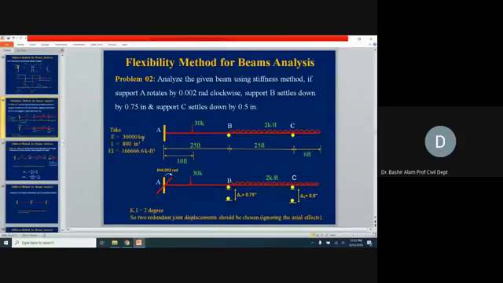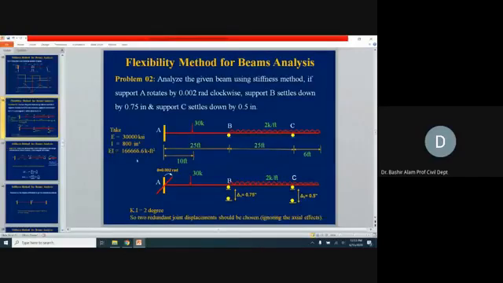Why? Because ksi is kip per inch squared and I is inch to the power 4, so inches squared cancels with inches squared. We are still left with inches squared in the numerator, and to convert that into feet we need to divide by 12 to the power 2. So 30,000 multiplied by 800 divided by 144 will give you